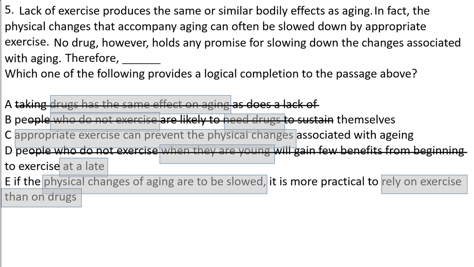Here we have two option choices, option C and option E. And if we see, option E is better than option C because the last line here was talking about the drugs, and before that we talked about exercise. So the last line should logically explain the difference between exercise and drugs, should make a comparison between both, which is what is being done in option E, rely on exercise rather than on drugs. So option E is a more relevant answer than option C. So option C is eliminated. E is our answer. I hope all of you have understood the solutions well.